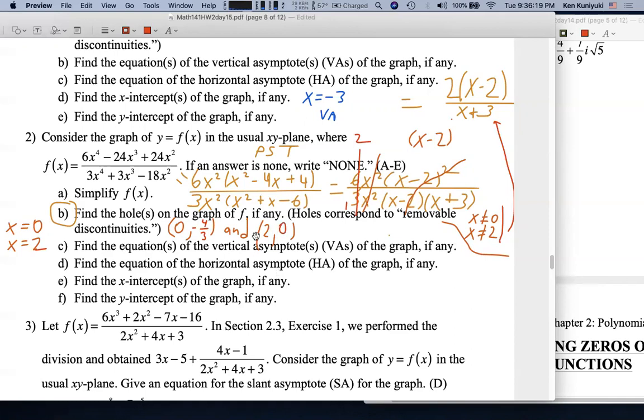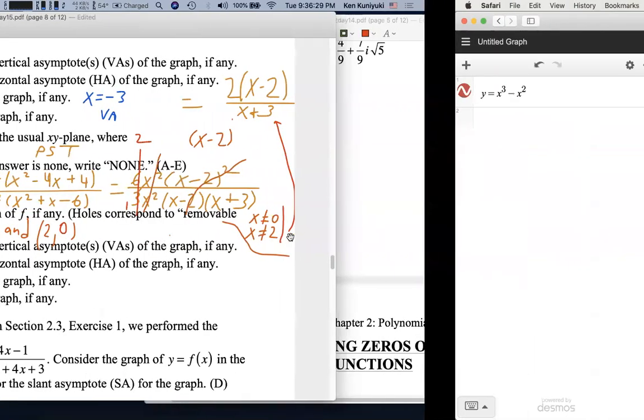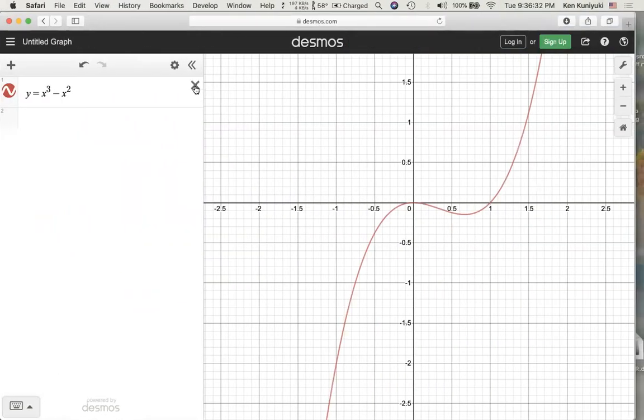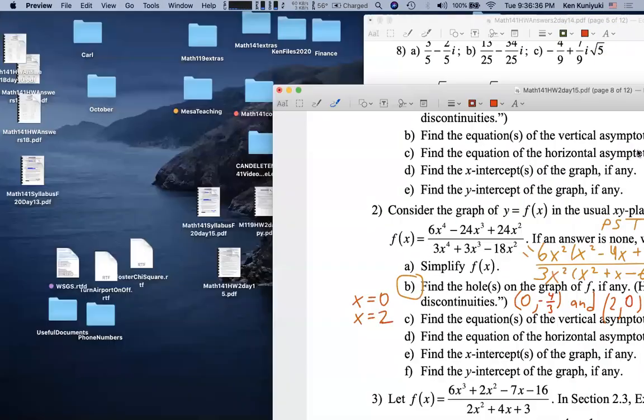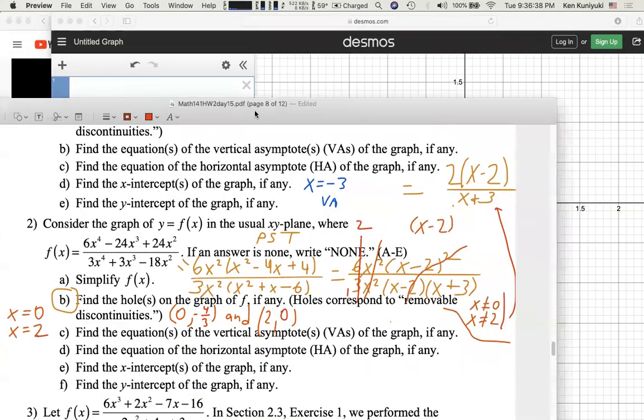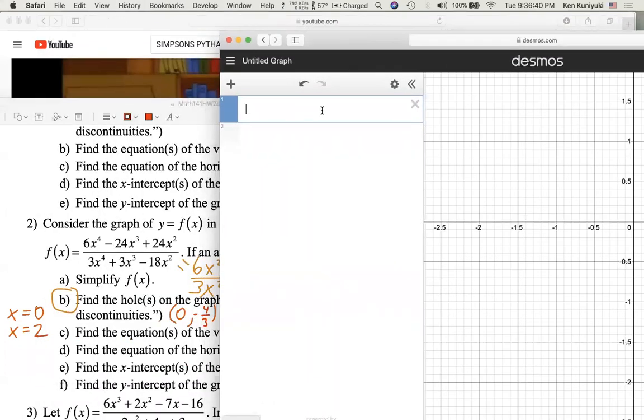Okay. But folks, that's not an x-intercept. It's a hole, all right? In fact, I'm going to graph this thing on Desmos. This is also problem number 8 in the homework, but let me bring this over. And I think other people might have questions about other parts of 2 also. So while we're at it,